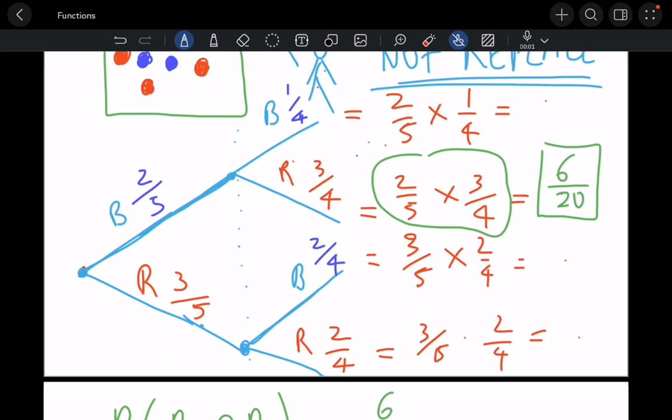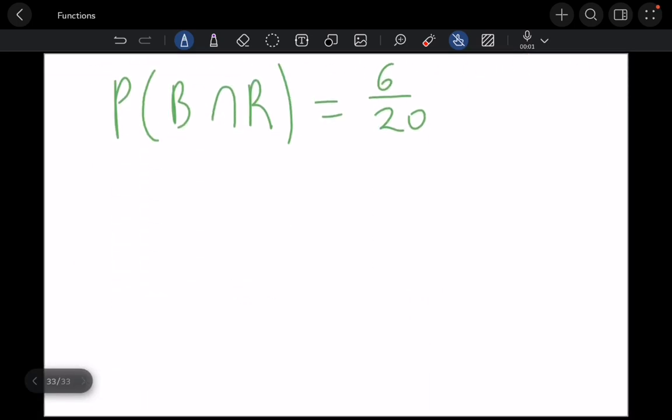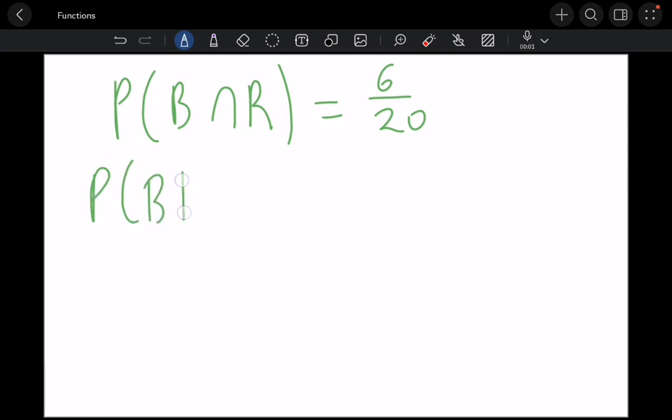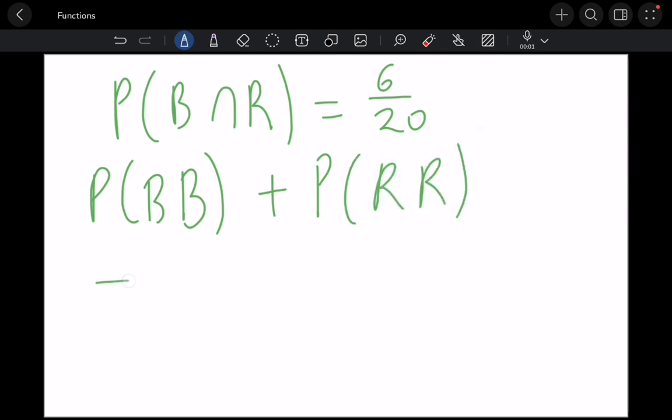So we have two possible events where the balls that are drawn out will be the same, that is blue and blue, or red and red. So you're going to say the probability of blue plus the probability of red is equal to,